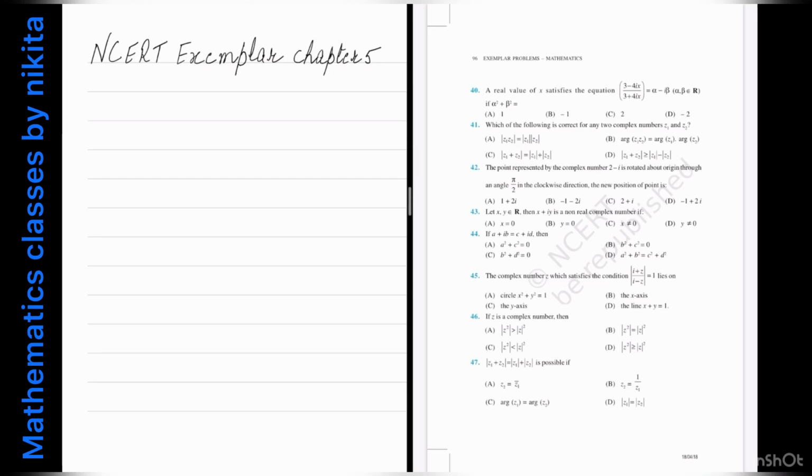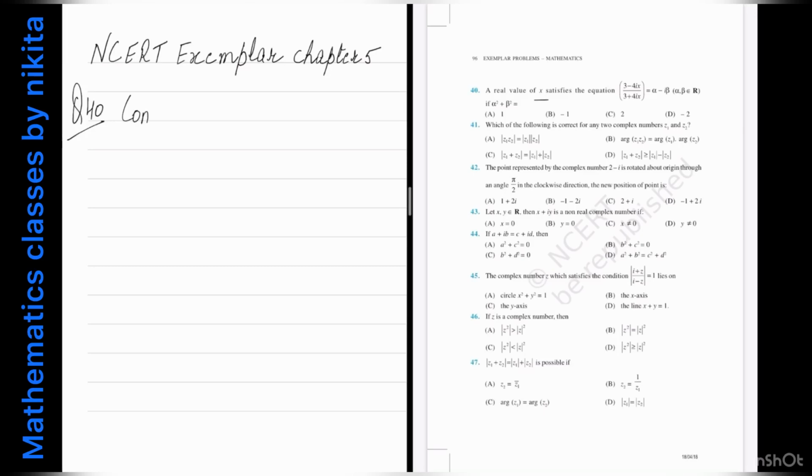So a real value of x satisfies the equation (3 minus 4ix) divided by (3 plus 4ix) equal to alpha minus i beta, where alpha and beta are real numbers. If alpha square plus beta square is equal to... So you have to find the value of alpha square plus beta square such that a real value of x, so x is a real number, satisfies this equation. So question number 40,